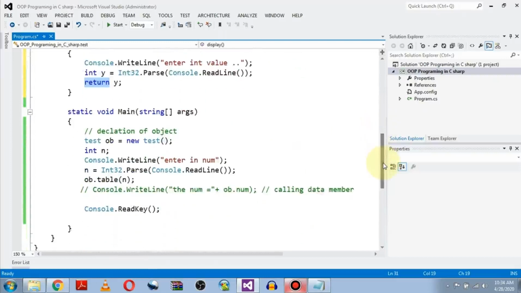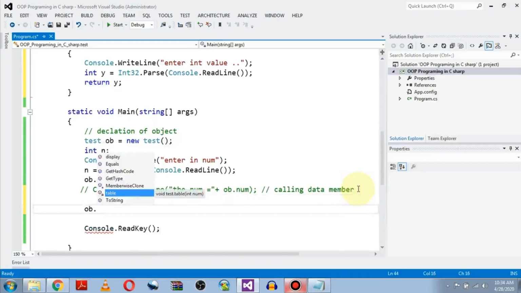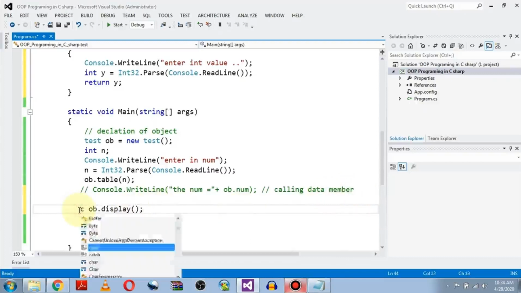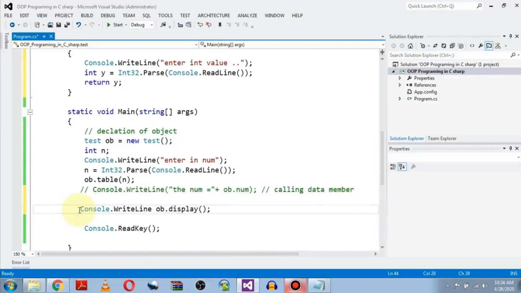So now wherever this function is called, this function will be returning some values. This time we are calling it from the main function. Let's see, ob dot display, because this function will be returning some value, so we will be receiving it and directly printing this value.